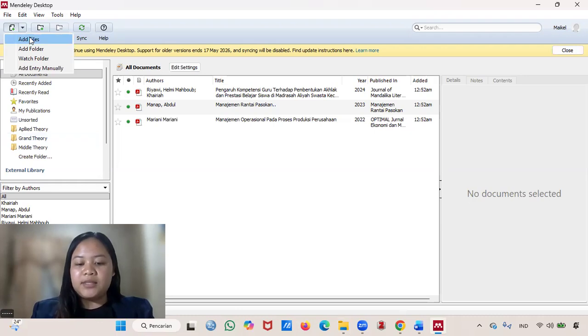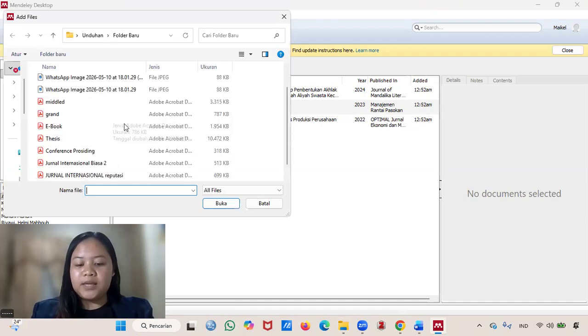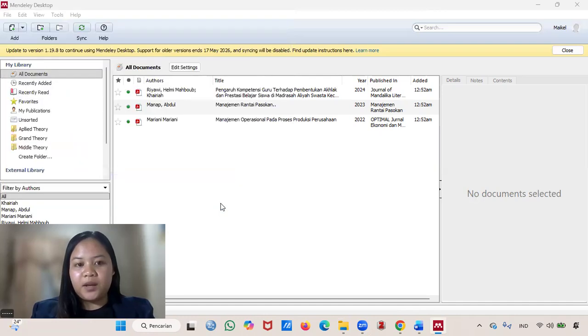Then select the Add Files option. When the file browser window appears, I pick them one by one. For this first one, I select the SINTA journal file. Click the file and then click Open.